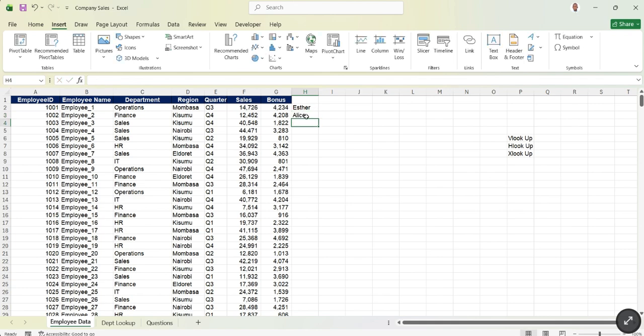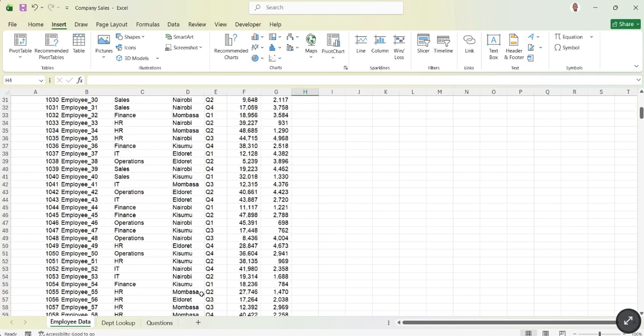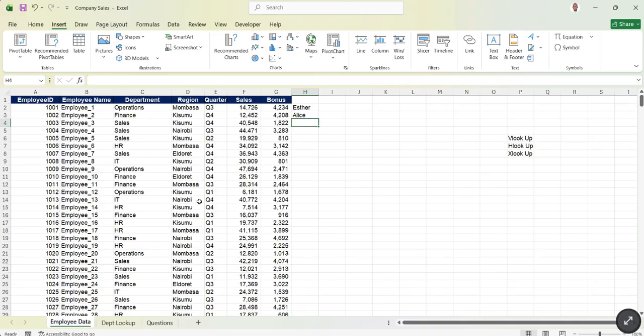But you can tell these are 500 employees. What time will you finish typing like that? Maybe it is manual, you can go the manual way and solve that. That's why we need this VLOOKUP and HLOOKUP to solve our issue